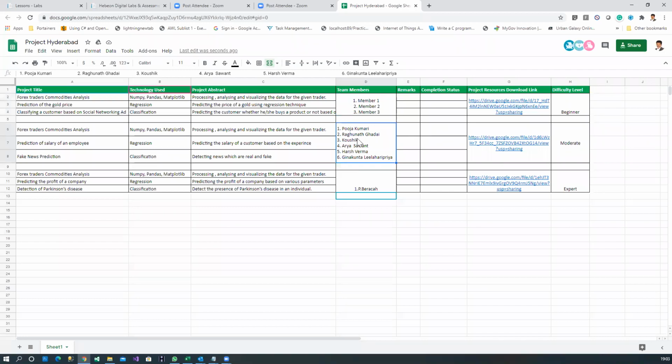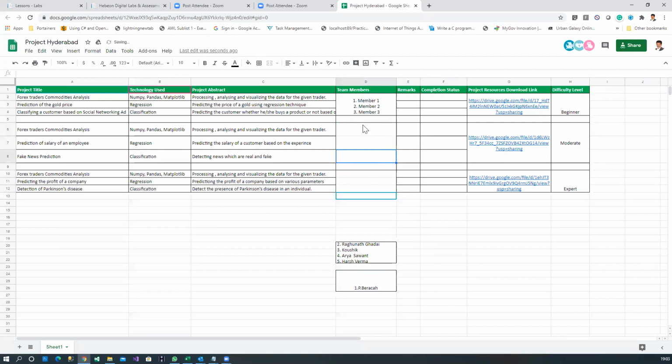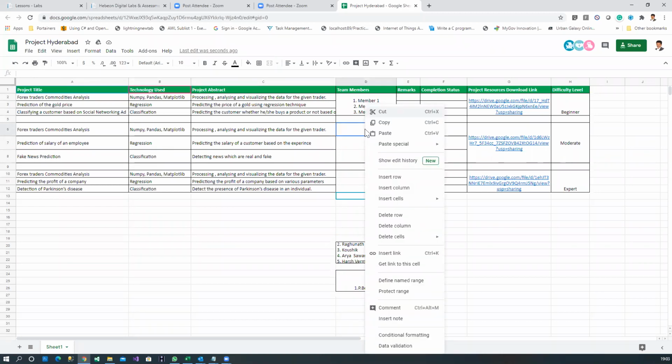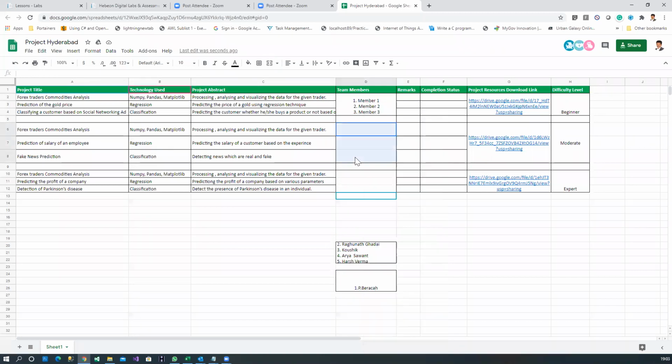I think it's better to change this format. Okay, give me 1 second. Let me do this. I don't want this. Instead, how do you make this independent? We don't want to merge them.